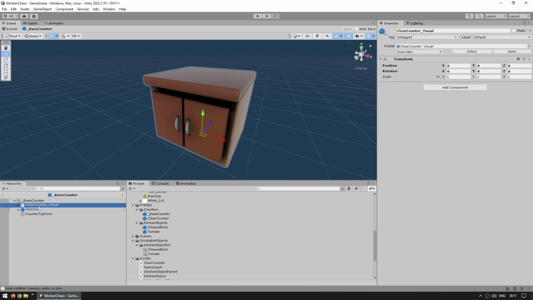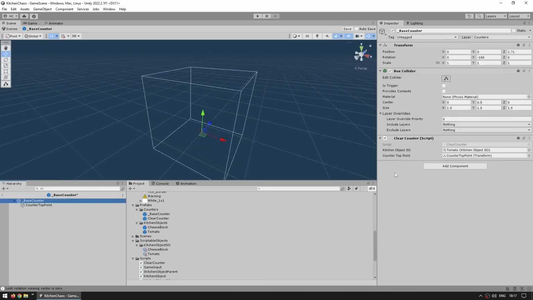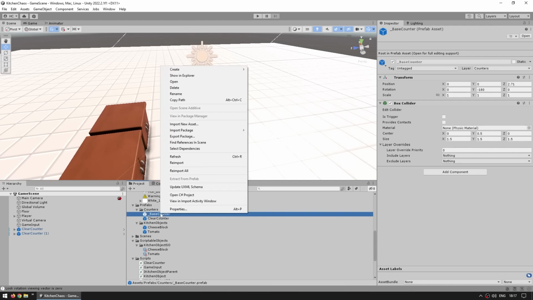However, for the visual, different counters will have different visuals, so let's get rid of this. Same thing for the selected, let's get rid of this. And on the actual object, different counters will have different scripts. So let's also get rid of this. Okay, so that's it, this is the base counter. It only has all of the things that every single counter will have. So let's go ahead, save this prefab, go back outside,